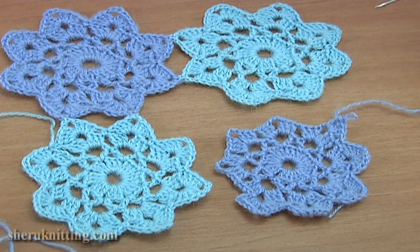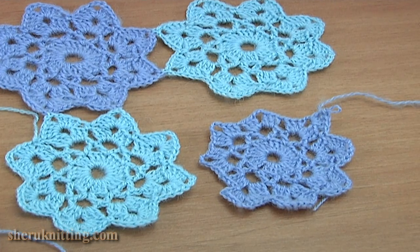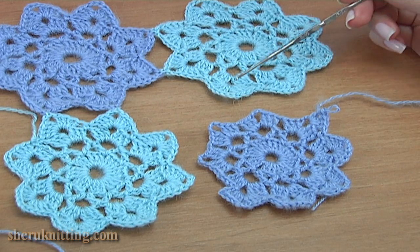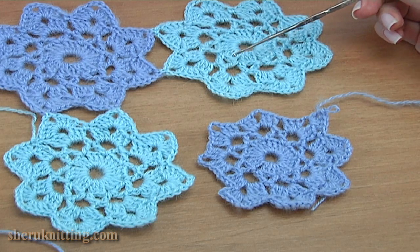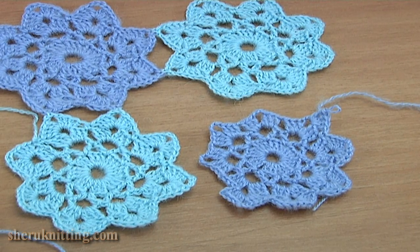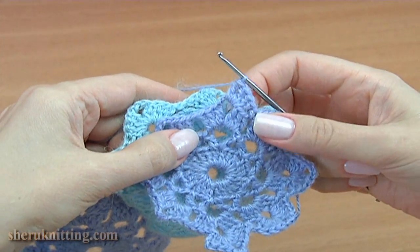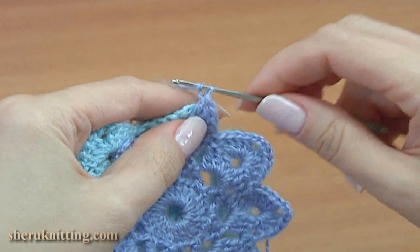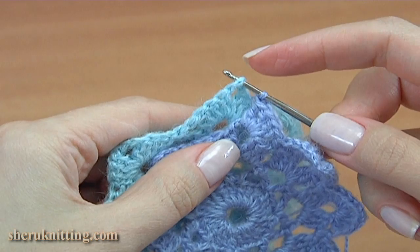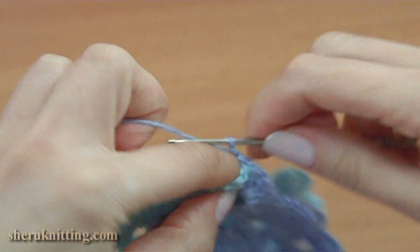Now I am going to attach the fourth motif to other 2. This is the current motif. Firstly, I will attach to the top motif. The joining has 2 points. Then I am joining to the side motif. The joining has 2 points as well. I take their backs together, chain, insert the hook into the middle chain stitch by working with single crochet, then chain and 4 double crochet into